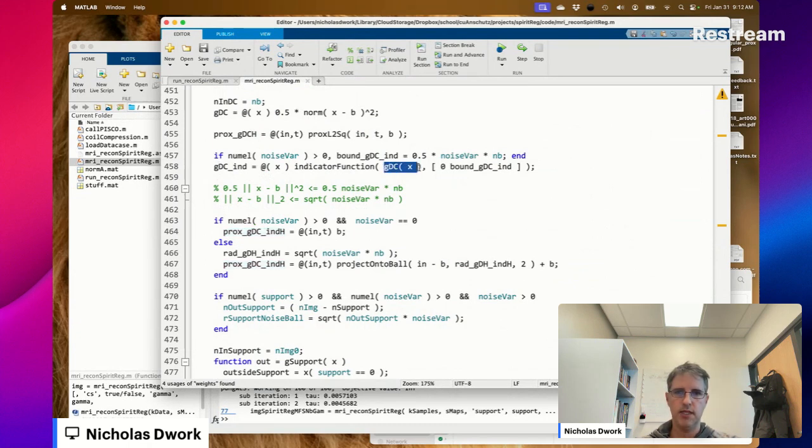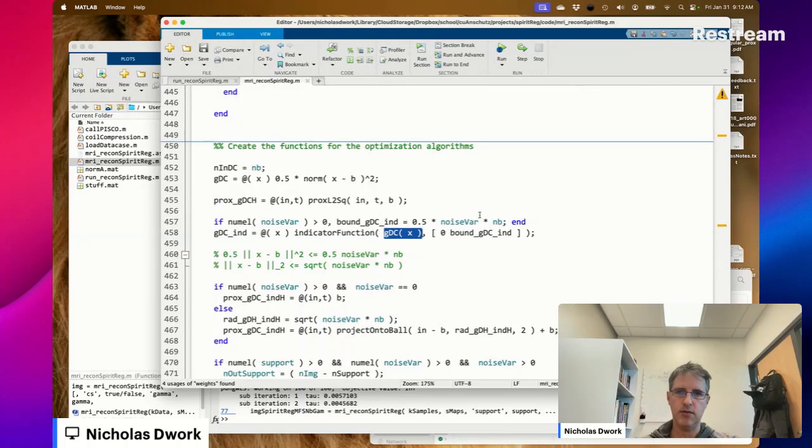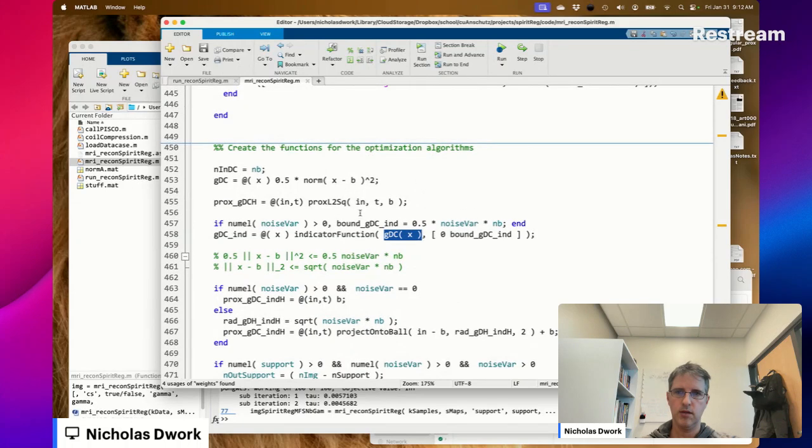Indicator function. Is GDC less than the bound? Bound is 2. Whoa. We want this, right? GDC. We want GDC.